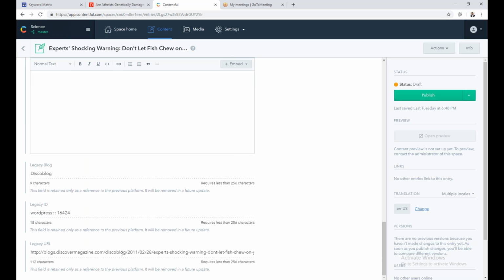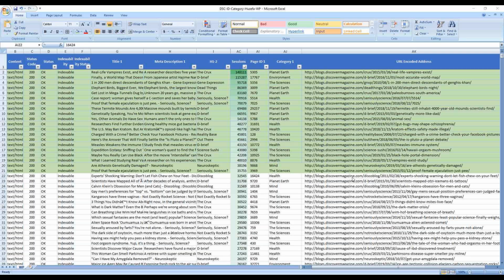Next, you want to get the URL so we can see exactly what we're working with. You can get the URL from the bottom of the actual page in Contentful, or it's also here on the priority list page. Okay, so we're going to go back, and since we copied it,